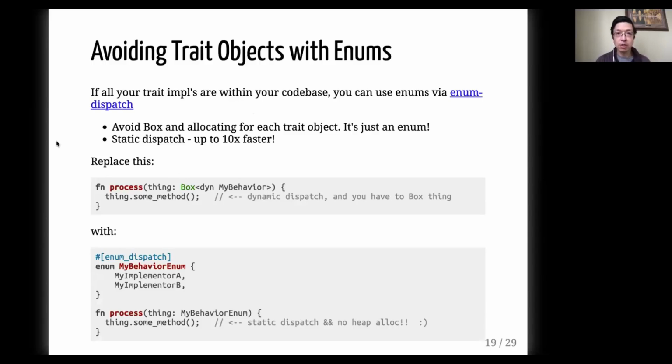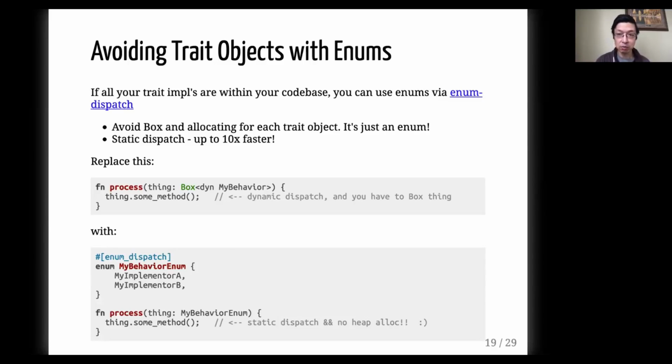Now here's another area where you might be using memory. You might find that you have a signature like this, where you're processing some item and you want to pass in different implementations of traits, right? So you make your signature have the dyn keyword, dyn MyTrait. And now in order for you to pass that into the function, usually you need to box it, which means you need to allocate some heap memory for that. Unfortunately, that means that every time you're calling this method, you're doing this allocation, which is not the fastest thing, right? So especially in a hot loop, one crate that you can use that helps a lot is called